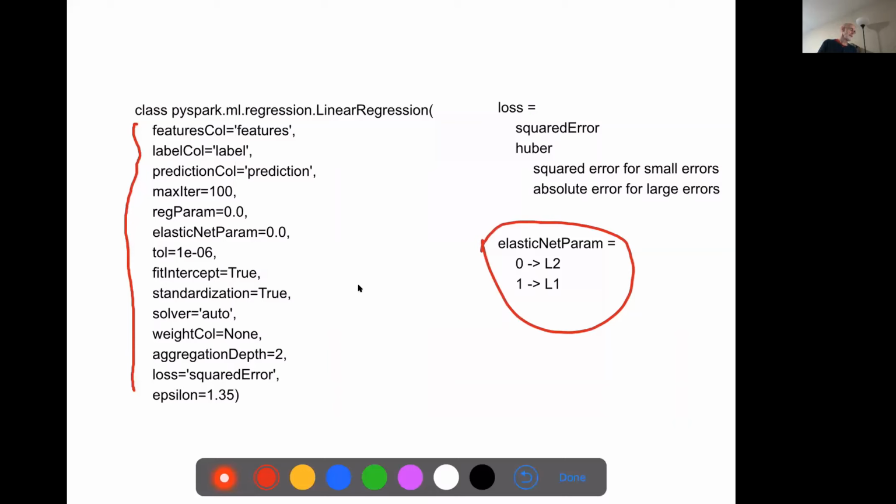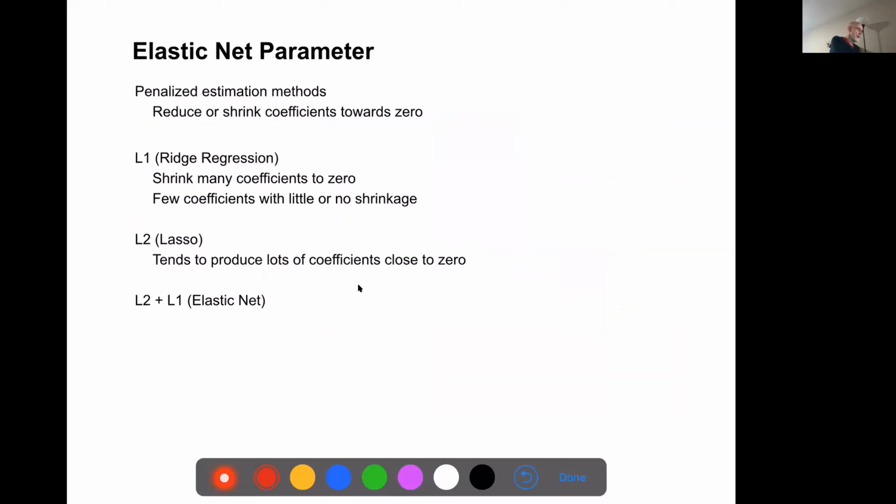It specifies some properties, how we want to fit the data.